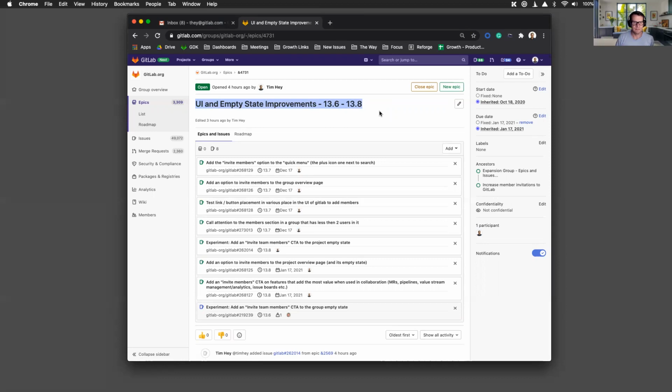So things that you would typically see, I don't want to say an opportunity canvas, but something like that that allows us to identify what is the opportunity here. If we were to make all of these changes inside the UI and the empty states, what are we expecting to get out of it? Where does it live? What does it look like? What does it feel like? What's some of the data that we would talk about, and how do we go about it? So I think that's the next step for me, to really dig into these themes and create some more structure and definition around them.